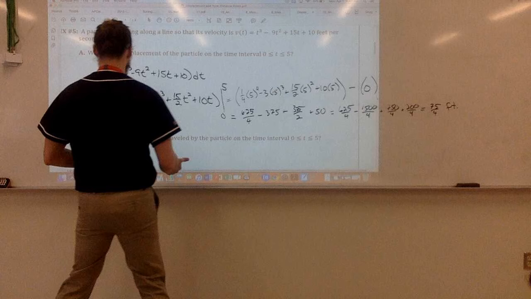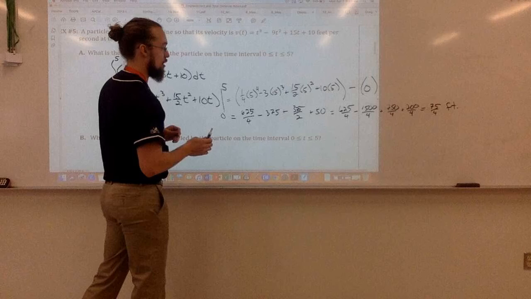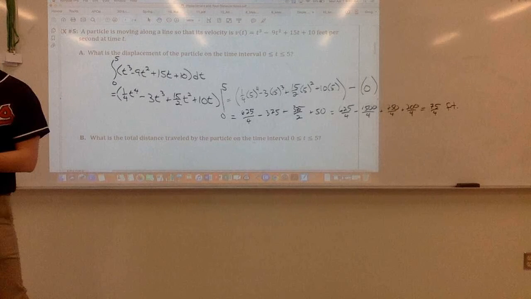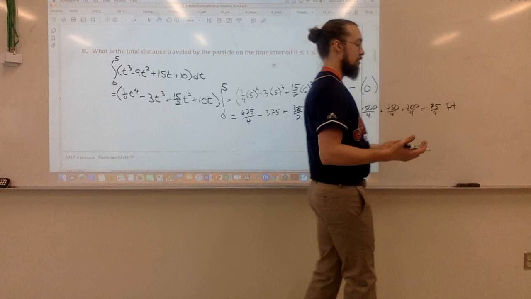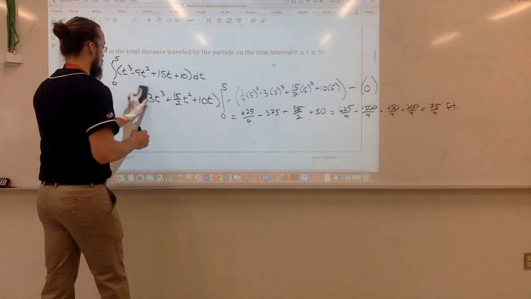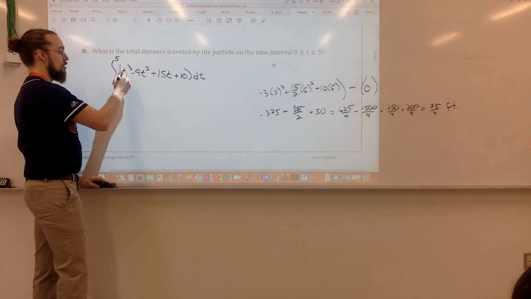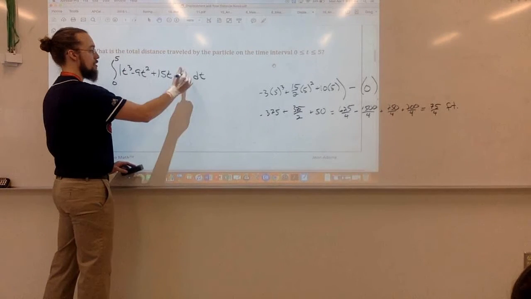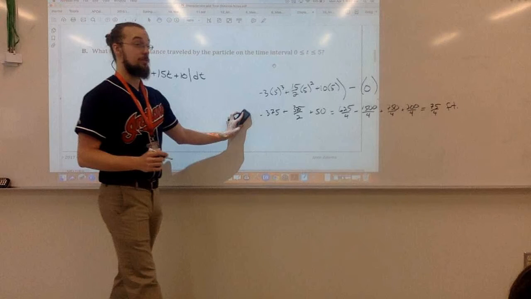Alright, then the second part asks for the total distance traveled. Now, since we did this by hand, we could actually, well, no. Never mind. That wouldn't work. To get total distance, we want to integrate the absolute value of velocity. Right? So I'm taking this integral and just throwing absolute value bars around my velocity function. The answer will not be the same, because